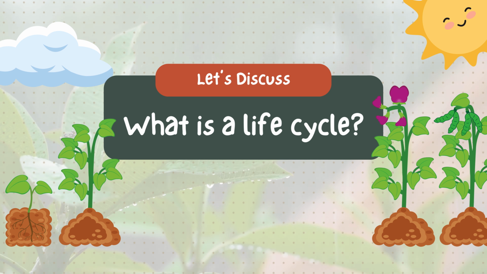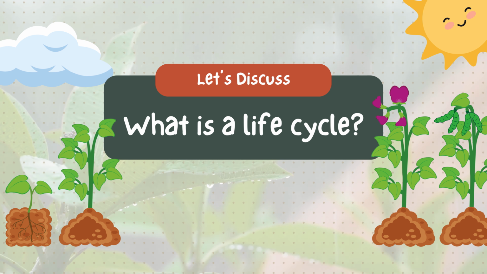Light. All plants require light for photosynthesis. Different plants have varying light requirements, so choose the right spot for each plant. Water. Water makes up a significant portion of a plant's tissues. Proper watering is crucial for healthy growth. Nutrients. Plants need nutrients to survive. Nutrients fuel essential functions, from root growth to flowering and fruit production.